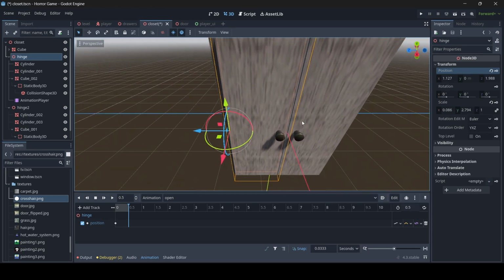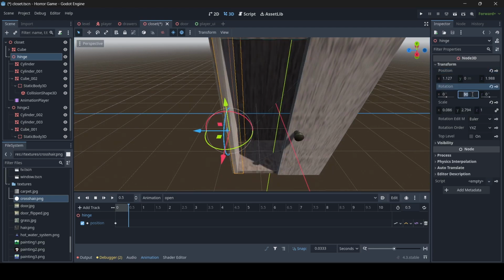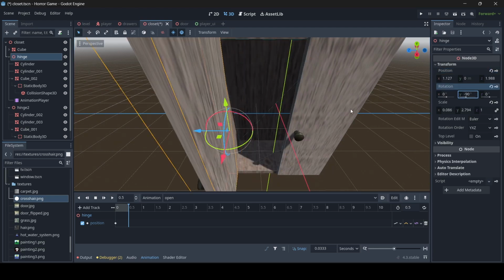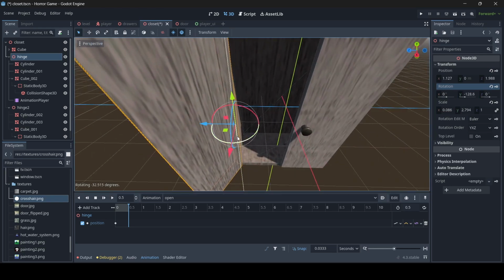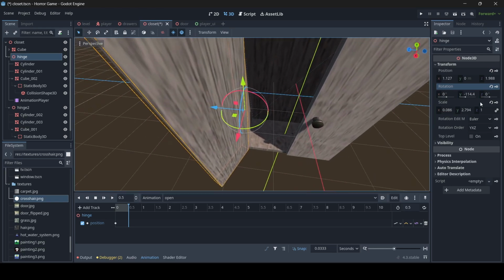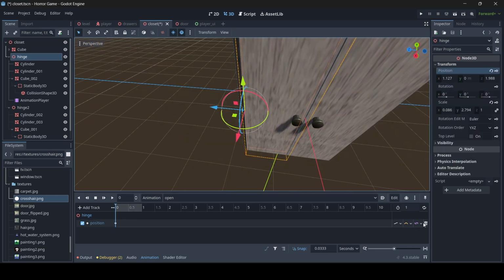And then what we're going to do is rotate this hinge on its y-axis by 90 degrees. Oops, I meant negative 90 degrees. And boom, so that should open up the closet door. In fact, if you want to open it up a bit more, you can do that as well. Then we're just going to accept the keyframe there. Alright guys,